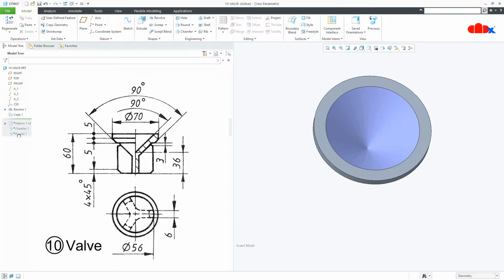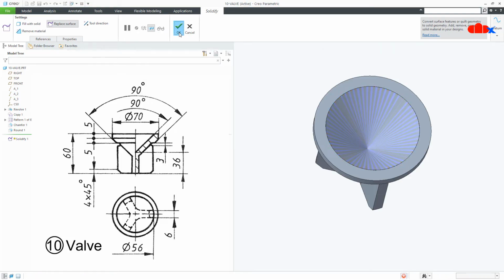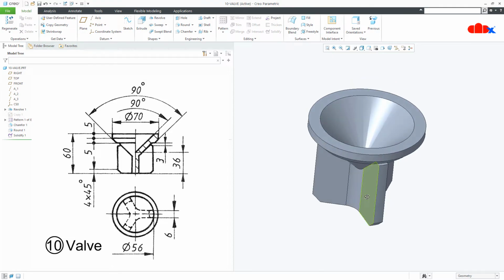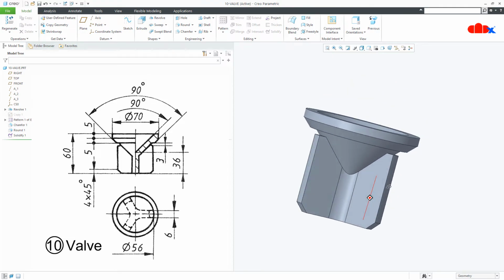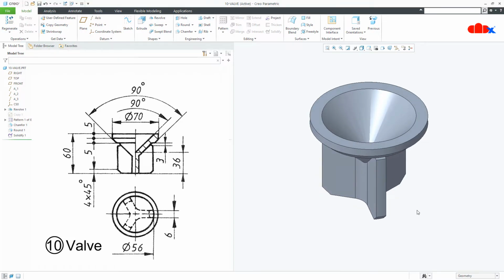Now drag it down. Now select this surface and go for solidify. Say OK. So using this surface, I have removed the unnecessary material. Now just hide this surface and your part is done. Save it.